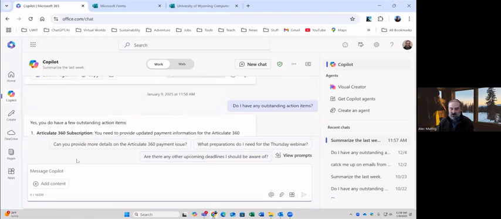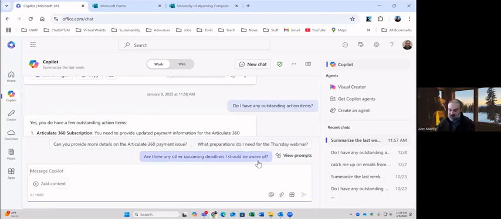I can ask, have I had any messages or emails from my director or direct supervisor, Brett Williams? And it would go through and say, oh, here's the stuff from Brett. Or have I been working with any conversations with a specific person? It would pull that in. So this ends up looking at the entire Microsoft ecosystem where you're collaborating and messaging with others, pulling it all together in one place. This ends up being really useful for me.